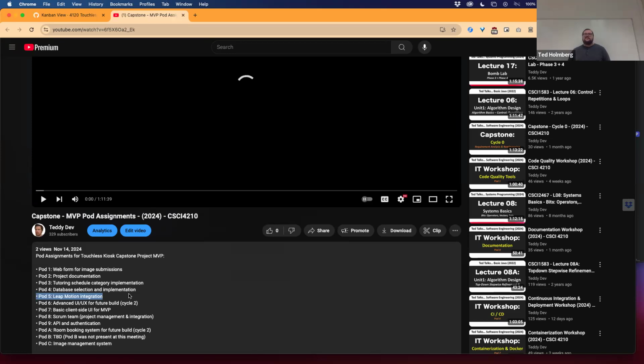Is that all? I don't think there's anything else. That's it. Any questions or anything? Yeah, again, if you want to see how the leap motion could potentially work, they're starting to build some sample